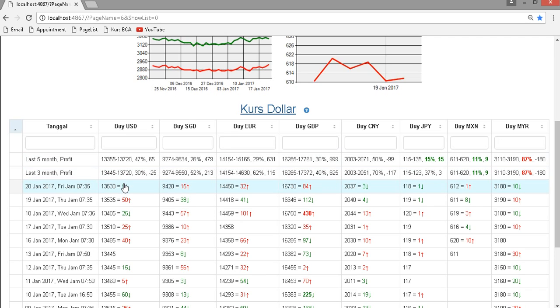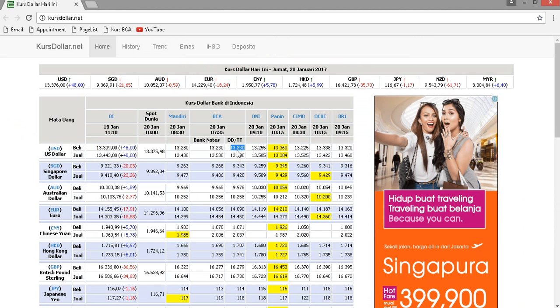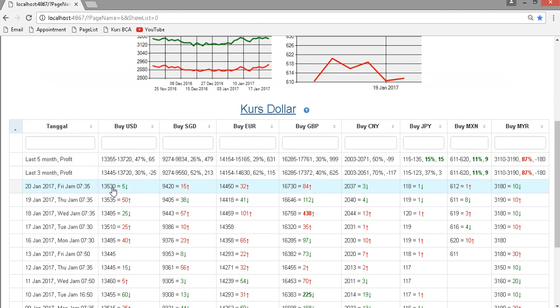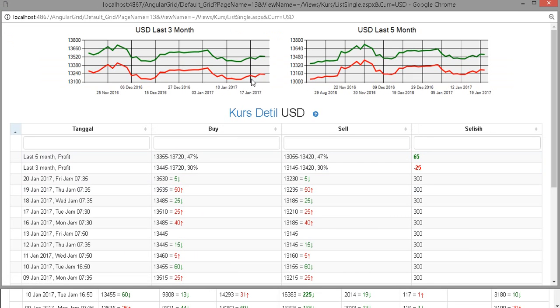I also have a drill function. Because this is a summary, I just list the buying price. But if you want to see the buying and selling, I can click into it. Let's say I want to view more detail about the USD, I can click it and it will open a detail page which consists of buying and selling with the date, and the graphic is bigger and more focused.